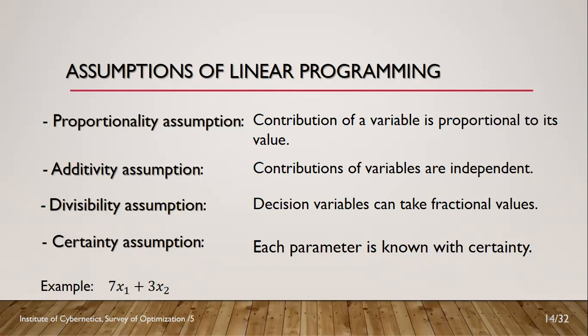So these four assumptions are always implicitly present in any linear programming model, and whenever we use one, you cannot really get rid of any of these assumptions. They are an integral part of this